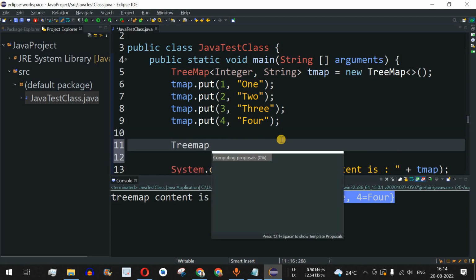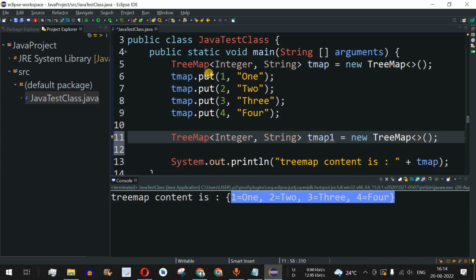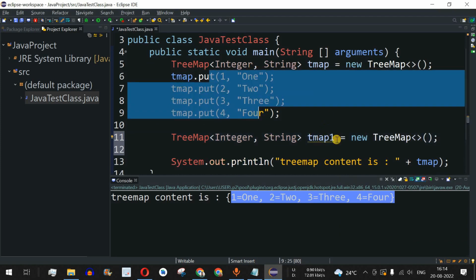We will provide a TreeMap, and we provide the same key value data types. So we have integer as the key and then string as the value, and let's say I want to provide tmap1 as another map followed by new operator, and then we have the TreeMap class. So guys, what I'm going to do is copy all these elements from tmap to tmap1.